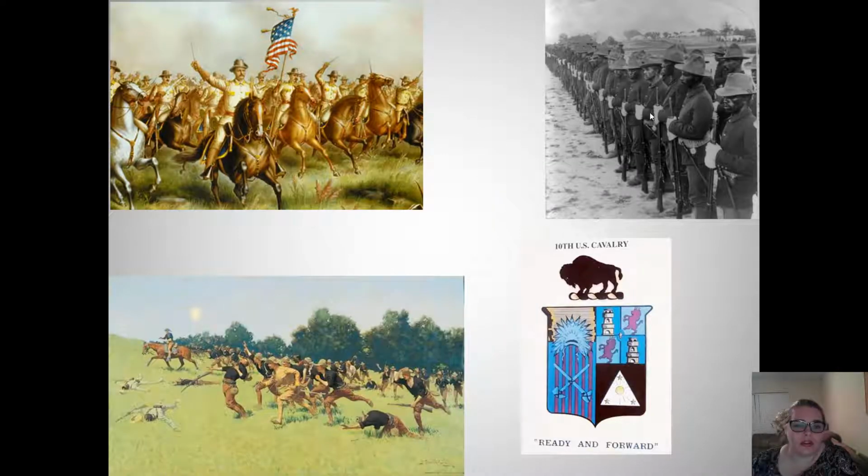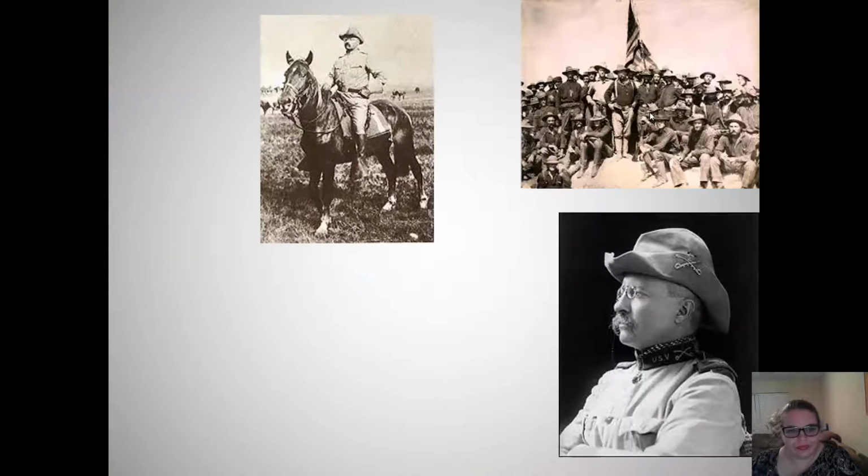Famous pictures, you've got the two paintings you see, those are both Remingtons. Painting the Rough Riders charging up the hill, taking the hill. On the right side of your screen, the top picture is an actual photograph of the 10th Cavalry. That was actually taken in Mexico when they were looking for Pancho Villa. And then underneath it, that is the actual emblem of the 10th U.S. Cavalry, still around today. That's still the emblem they use. But that's the Buffalo Soldiers.